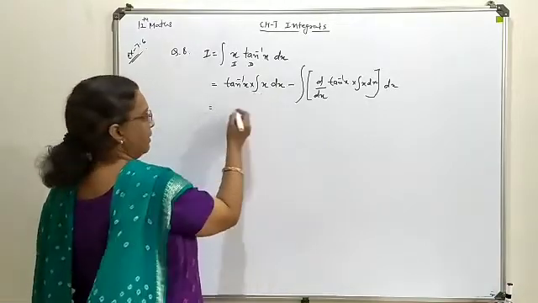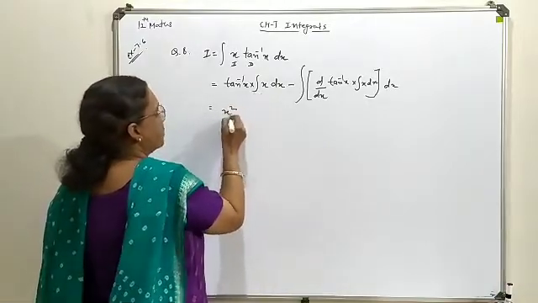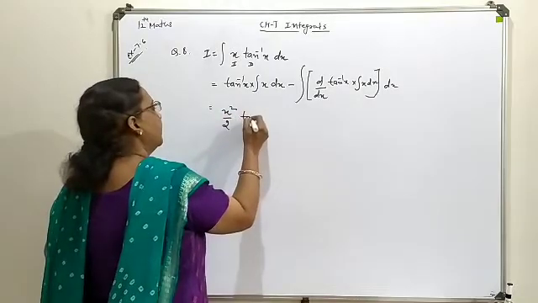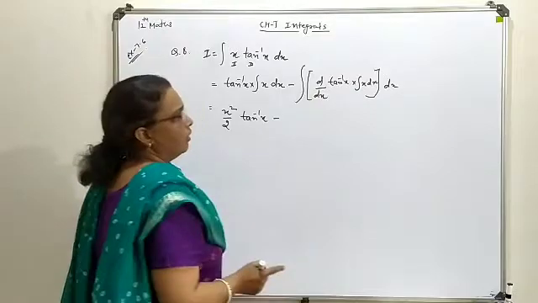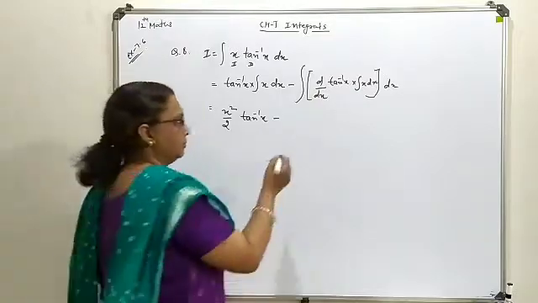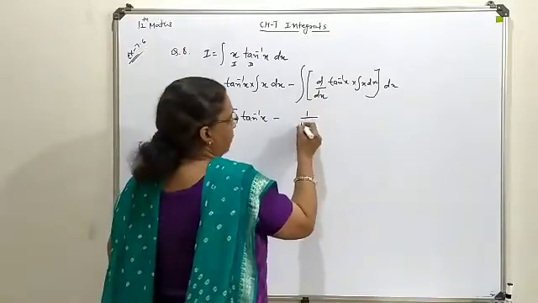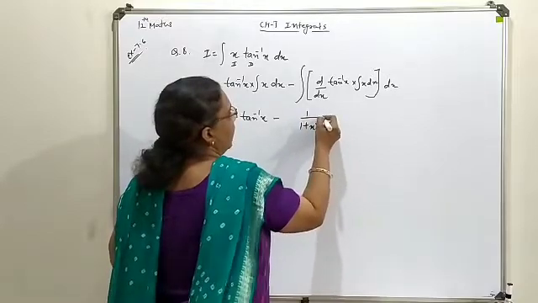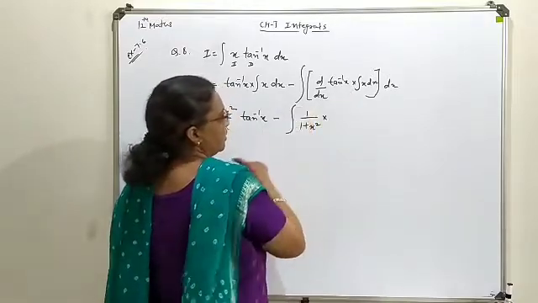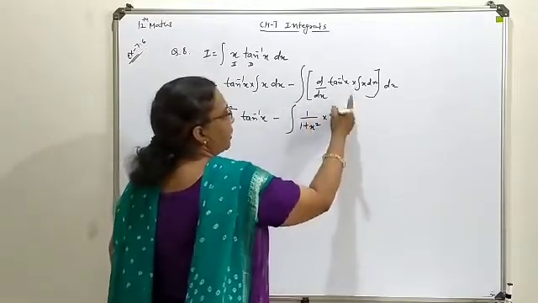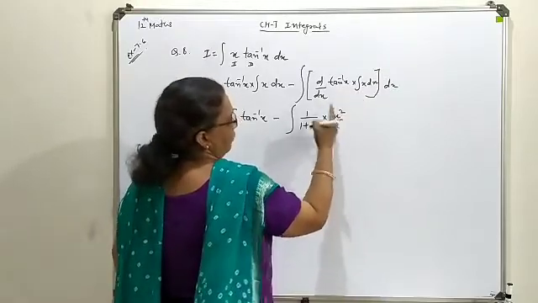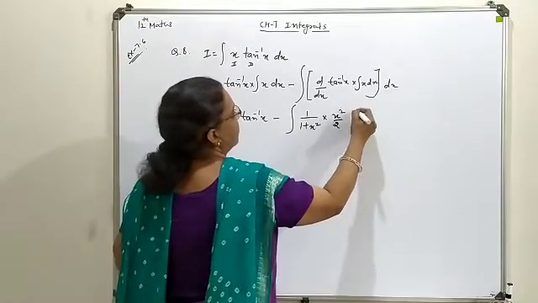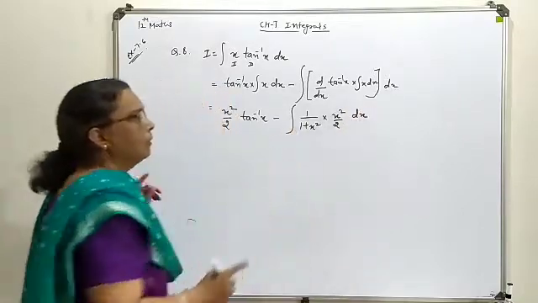Integration of x we write as x square by 2, keeping tan inverse x as such, minus the differentiation of tan inverse x, which is 1 upon 1 plus x square, where the integration sign you write first. This is x square by 2, the integration of x, and